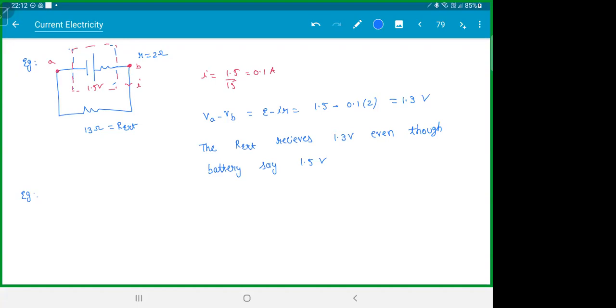Okay. So how does this work? Why do your bulbs become dim in that situation? Look at the reason. Everything is connected in parallel. Let's say this is your power supply, E and r. This is your bulb in the house, let's say the headlight of a vehicle. And this is the switch. Now see what happens here. Initially in the circuit, current I1 is flowing. When you suddenly close the switch,